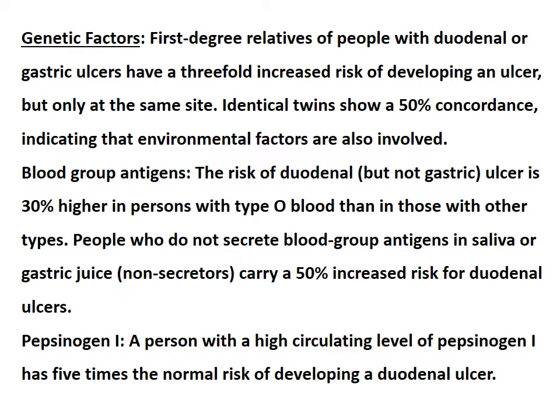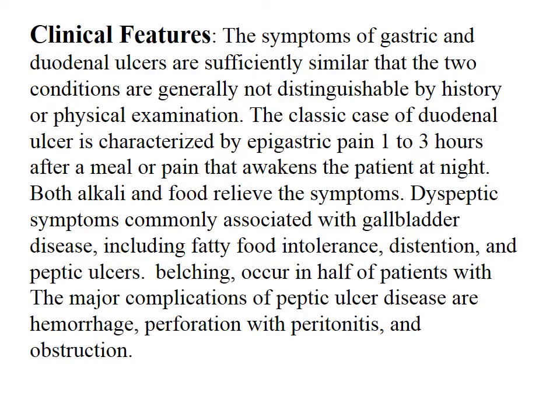People who do not secrete blood group antigens in saliva or gastric juice carry a 50% increased risk for duodenal ulcers. Pepsinogen 1: a person with a high circulating level of pepsinogen 1 has 5 times the normal risk of developing duodenal ulcers. So when we find this pepsinogen 1 in their serum, we see that they have a high probability